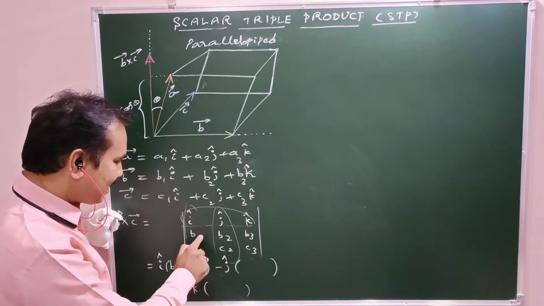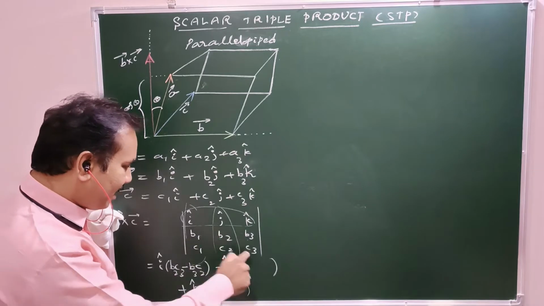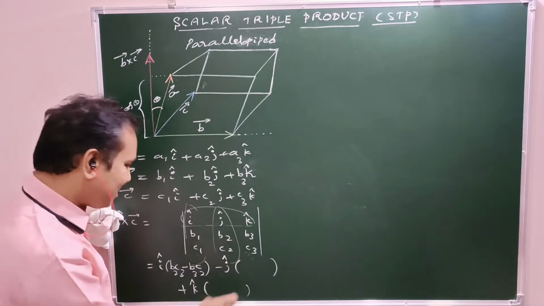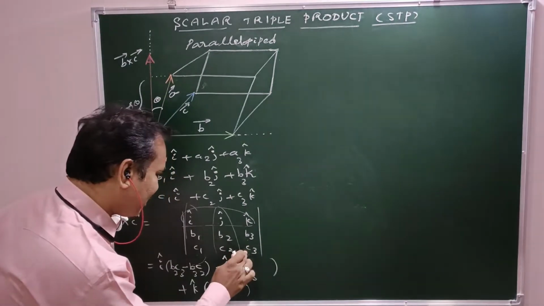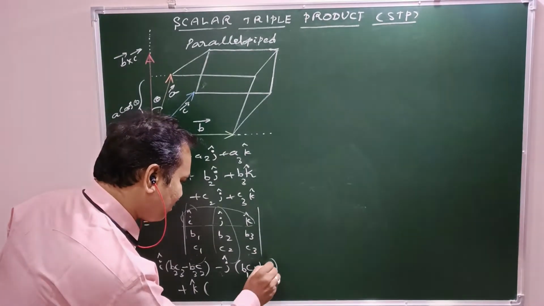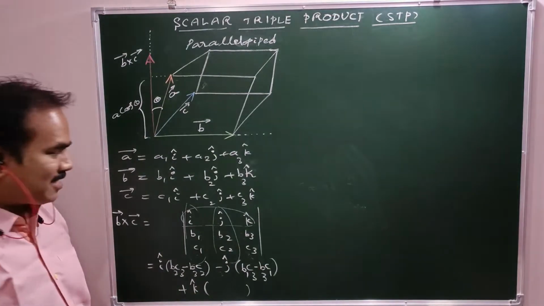Now take them as A, B, C, D. Now minus j into AD minus BC. That is B1, C3 minus B3, C1. Right? Plus k cap into, this time,